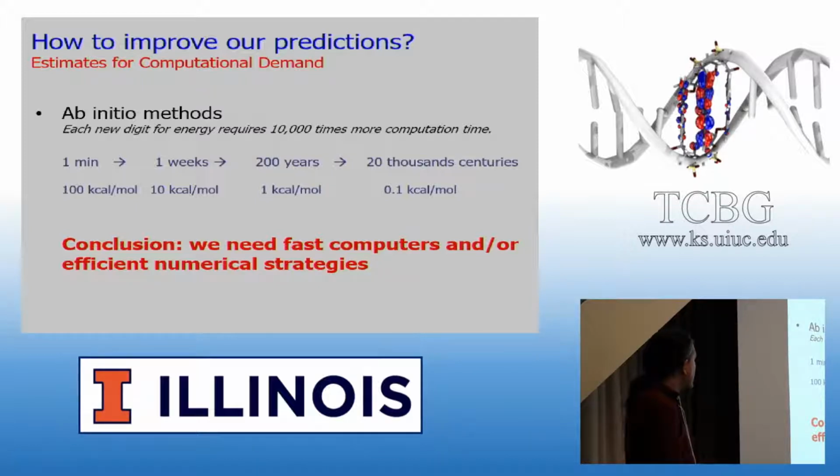If you have one method that takes 1 minute to run, and this method predicts the energy with bad accuracy, an error of 100 kcal per mole,